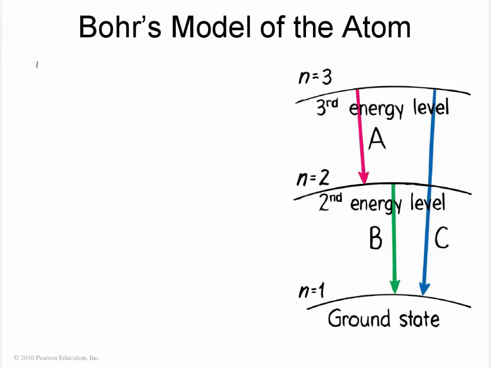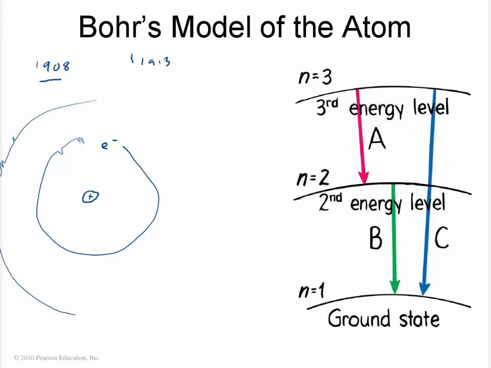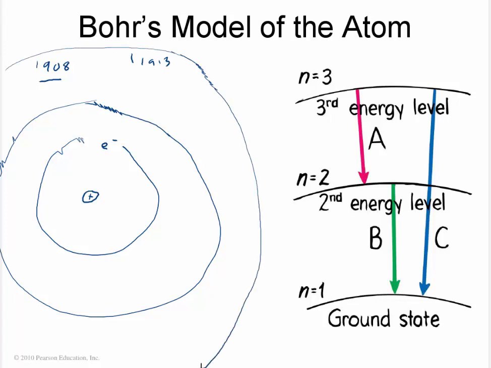Now, where we left off was 1908, and that was Rutherford discovering that we had positively charged nucleuses. In 1913, a fellow by the name of Niels Bohr came along, and he developed a better model for the atom, which incorporated Rutherford's positively charged nucleus, with an electron kind of living in orbits out here. But it took it a step further, and it talked about how come we have discrete frequencies or discrete energy levels of atoms. So Niels Bohr came up with a model that's more familiar with what we know today, where